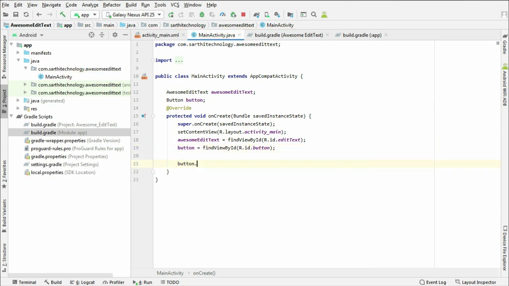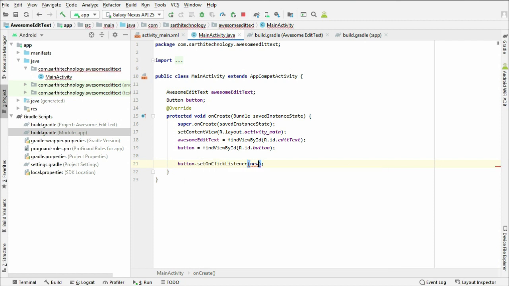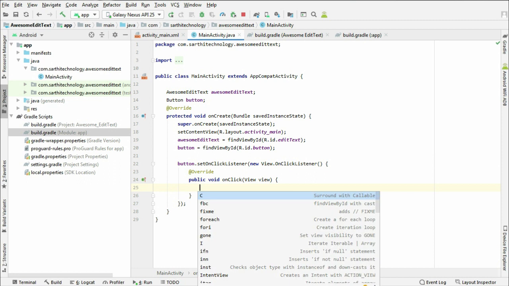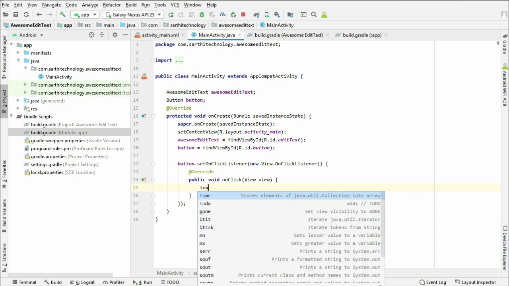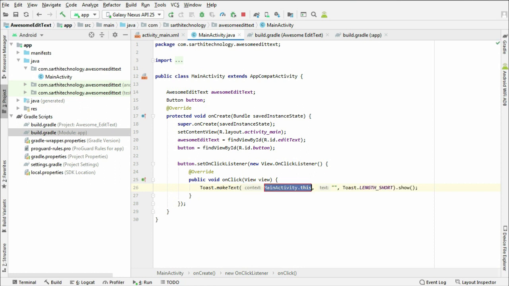And this button dot set on click listener, new on click listener. So press Ctrl J here and type toast. So this will be main activity dot this, and here we will get the text.